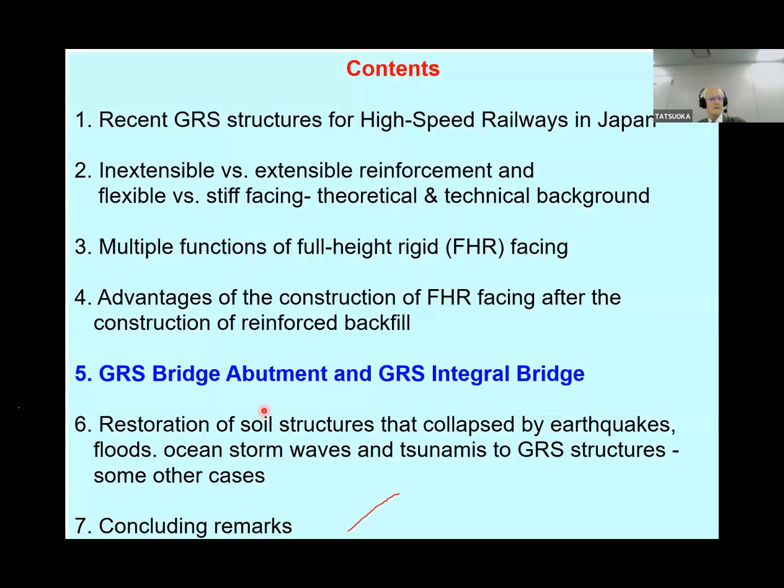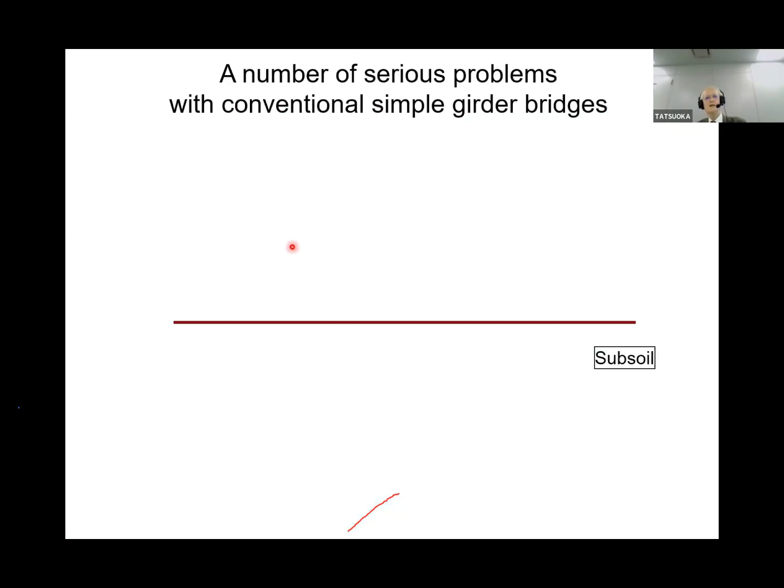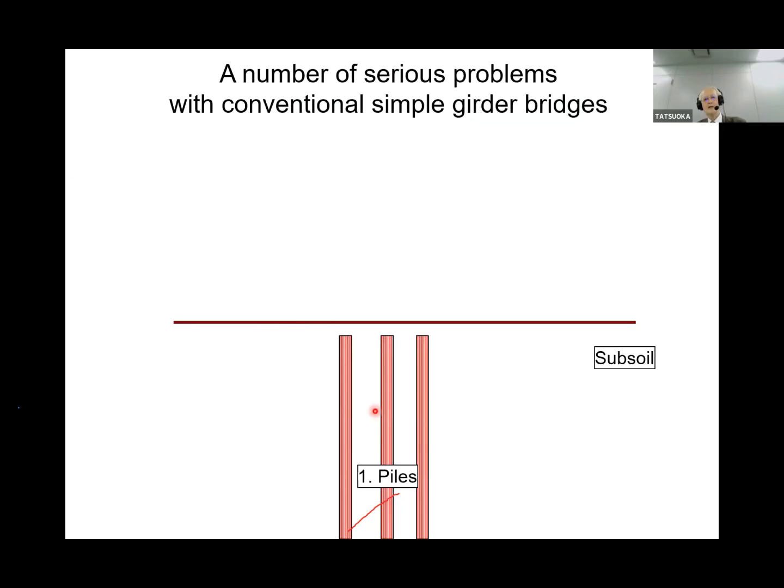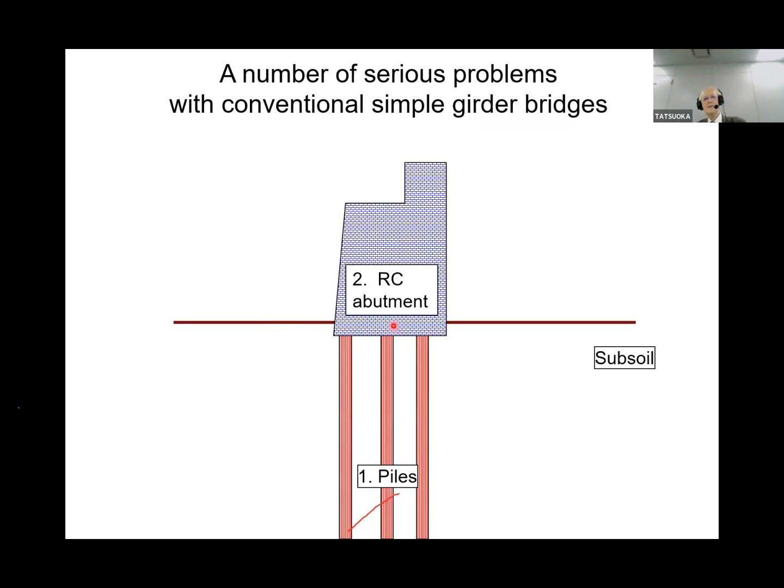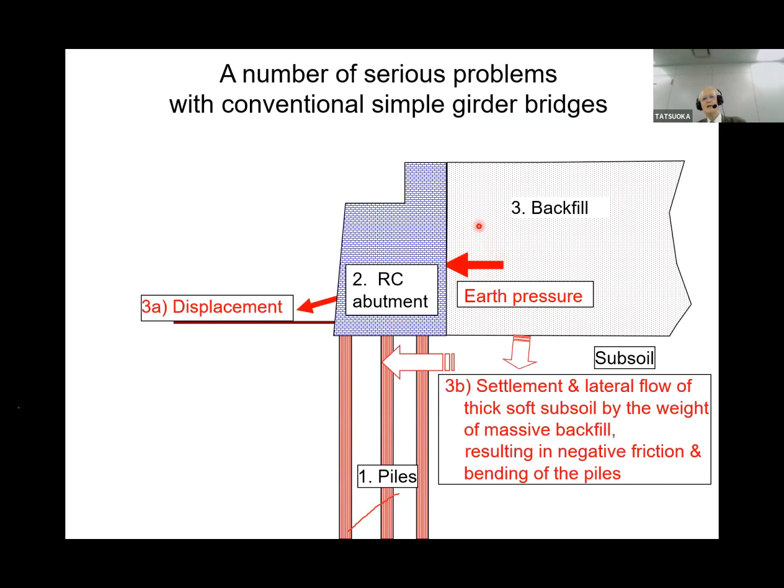Next up is GRS bridge abutments and GRS integral bridges. So this is showing a number of serious problems with the conventional simple girder bridge. First, we construct piles. Next is our abutment. Then we backfill. Then the problem starts as pressure and displacement, and settlement and lateral flow of the subsoil. Then we need